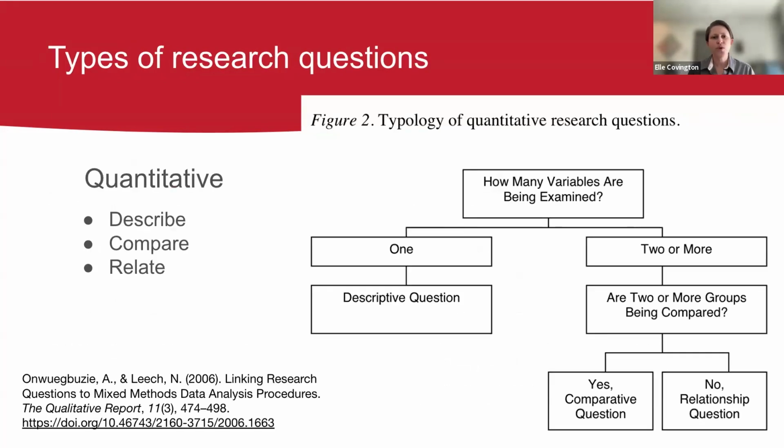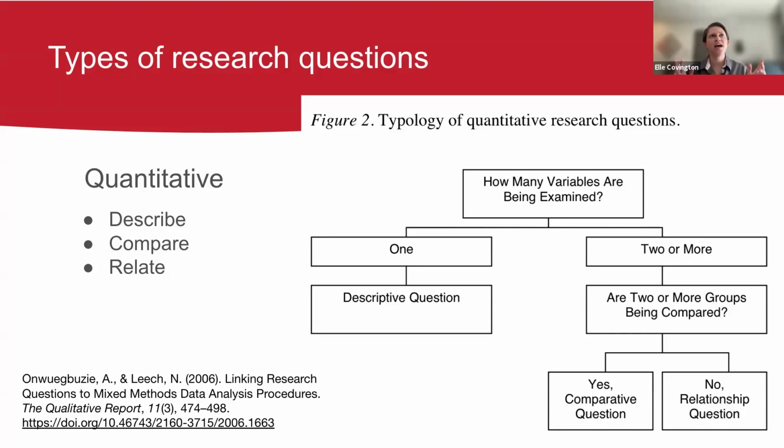So then, thinking through a little bit more on types of research questions, there are some really good sources that have broken this down by the type of data: qualitative, quantitative, mixed methods. I really liked the flow chart they put together for quantitative research questions. The types of questions you can answer are descriptive questions, comparative, and relationship questions, or correlative is another way they talk about that. So describing, comparing things, and relating.